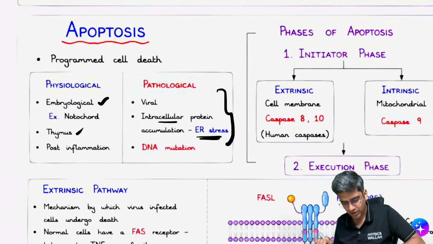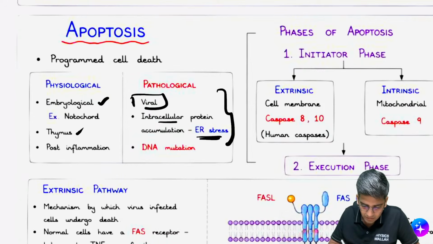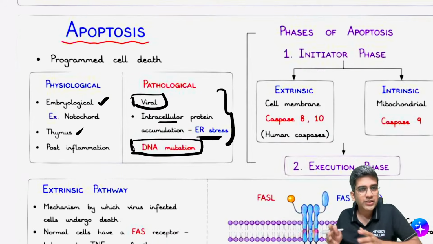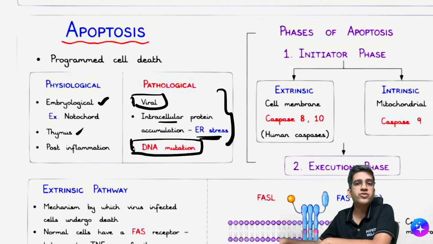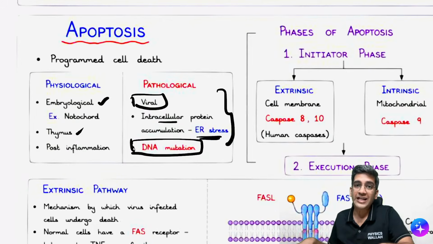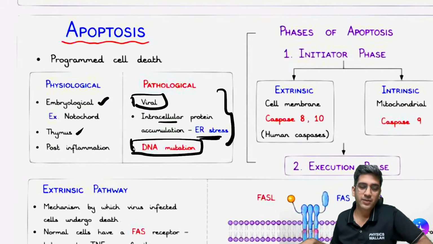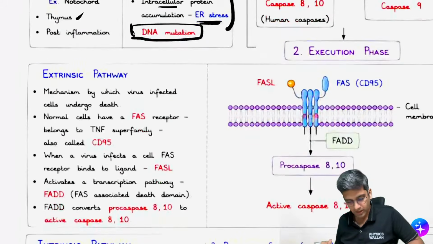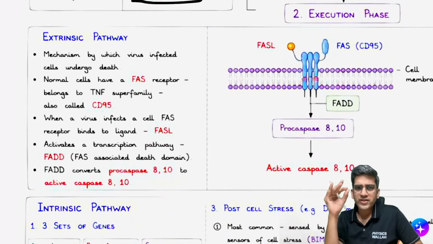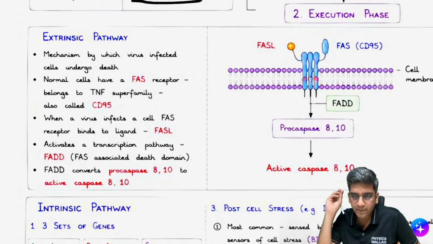First, we'll look at the extrinsic pathway. Here, I have 2 important triggers, right? The DNA mutation is the one which triggers the intrinsic pathway. The viral proteins are the ones which will trigger the extrinsic pathway. You have to remember that, fine? Okay. Generally, I'm not saying it's always, generally that's how the dictum is, right? So when I have a virus dependent cell,